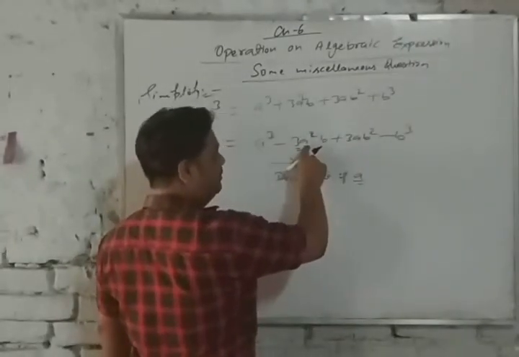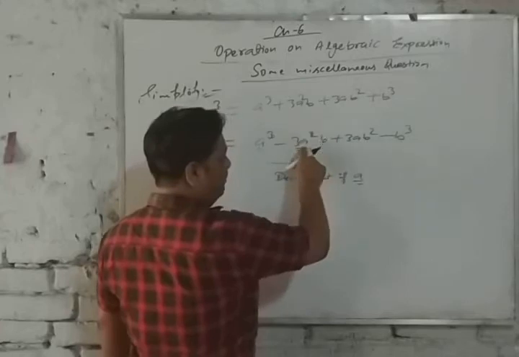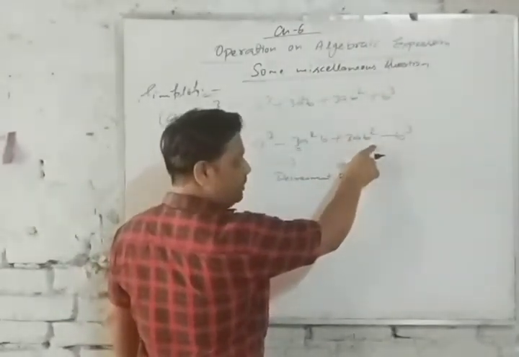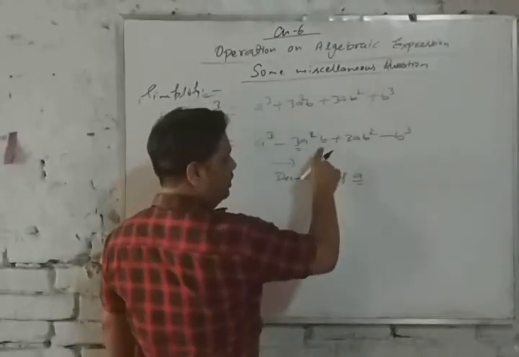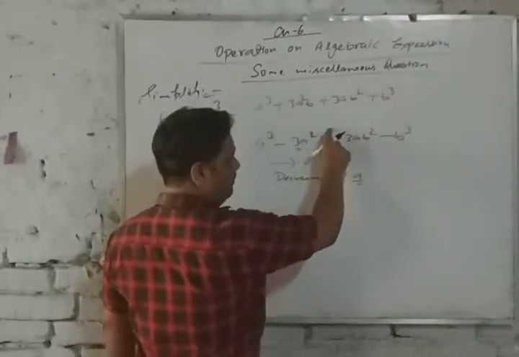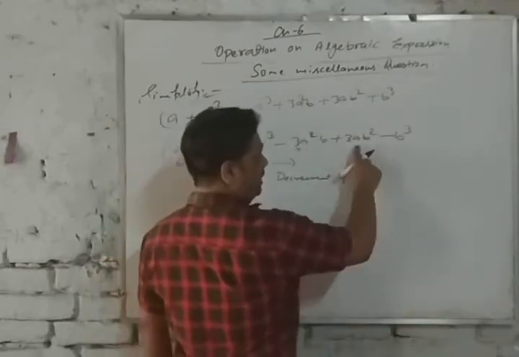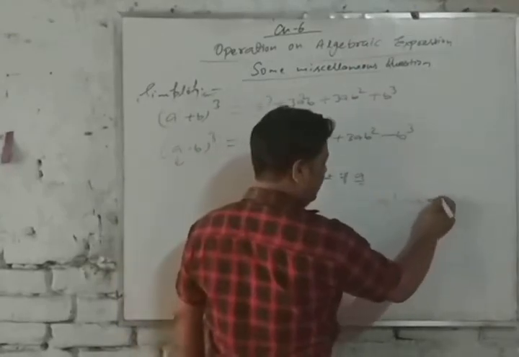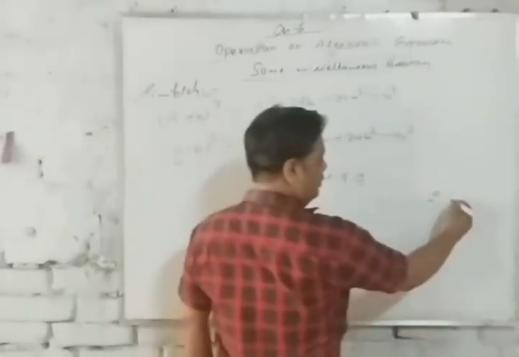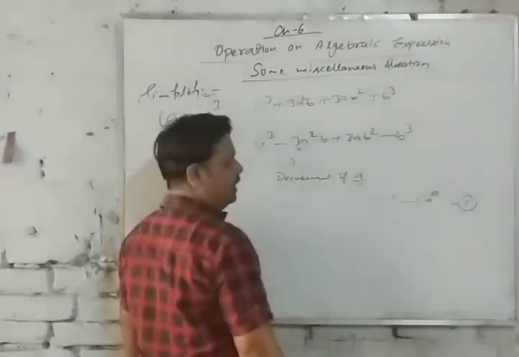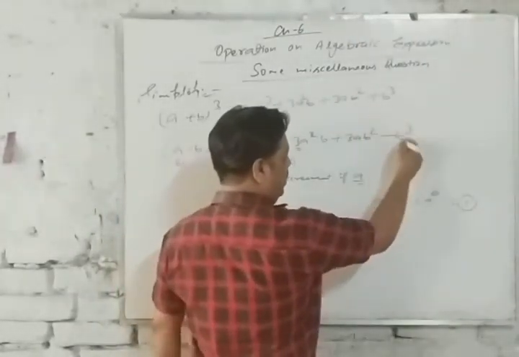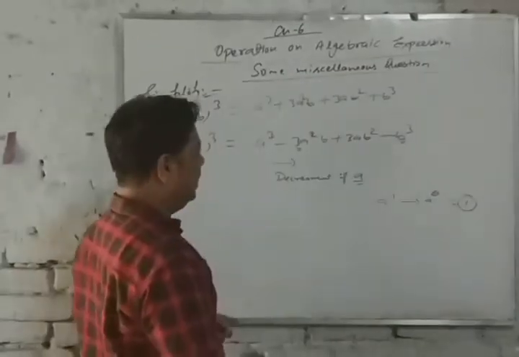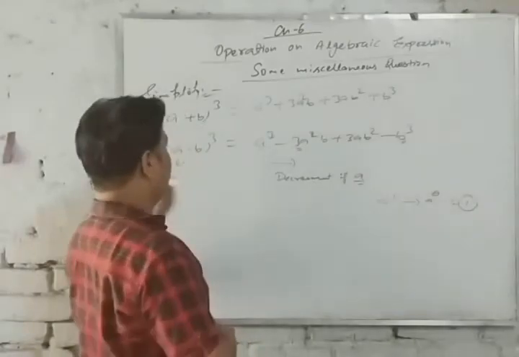And here again 1 a decrease, then a to the power 1, and again we will increase 1 b more, that is b to the power 2. Now here a to the power 1, then after decrement it will be a to the power 0 which is equal to 1. So a we will remove, and 3 also we will remove. Only b cube will remain. Okay. Like this we will learn the alphabet. I hope that you all have learned this formula.